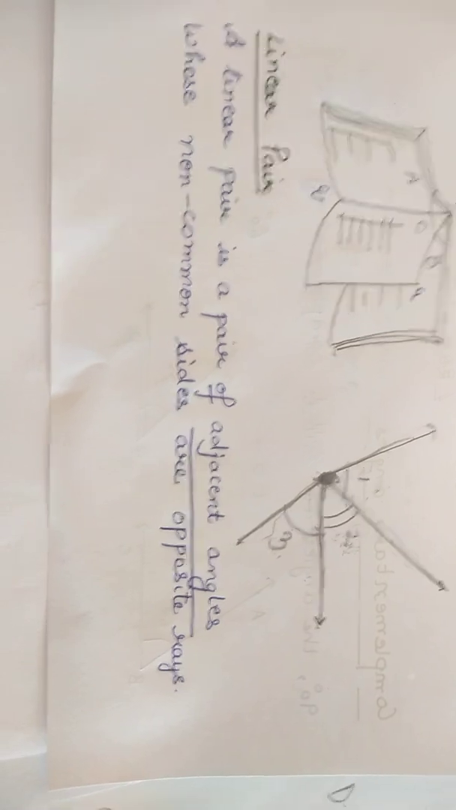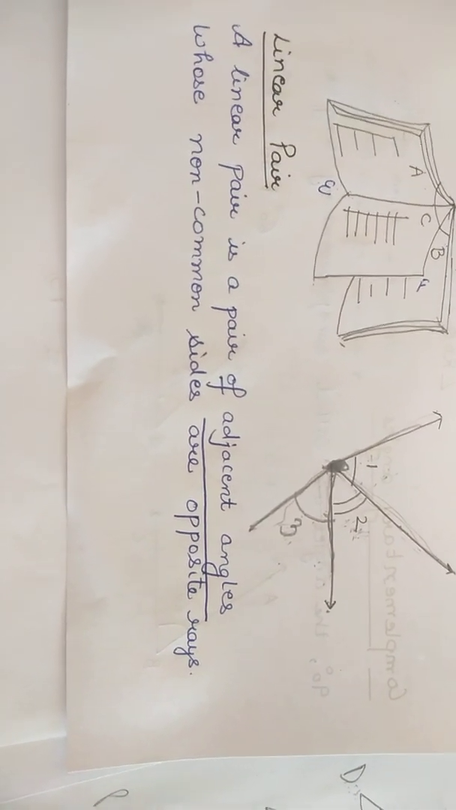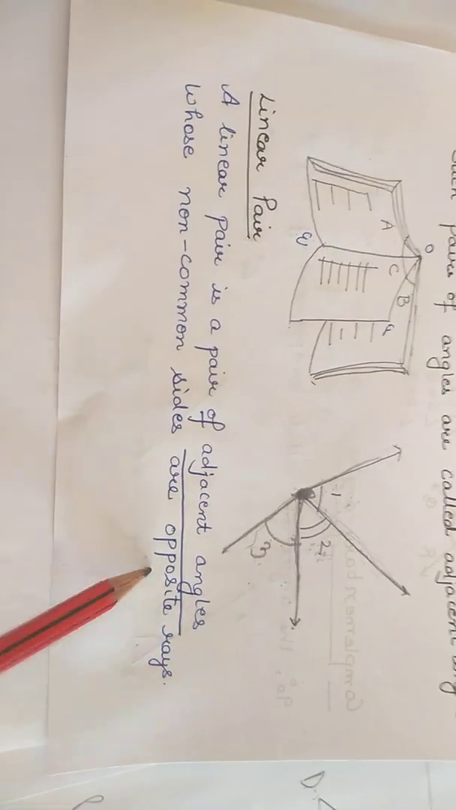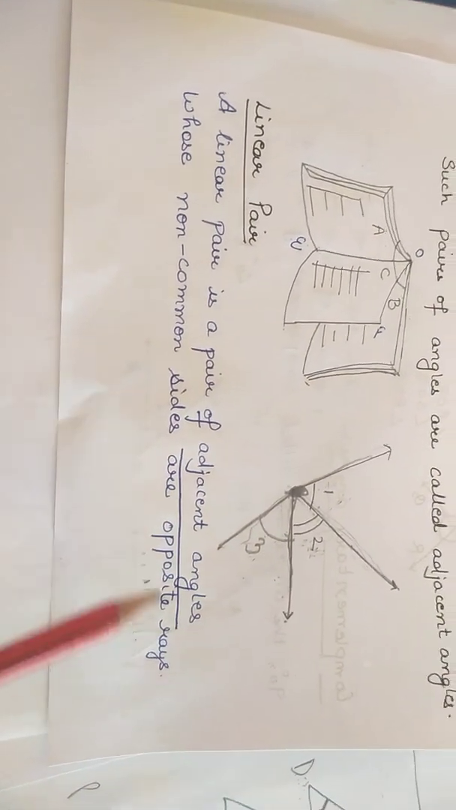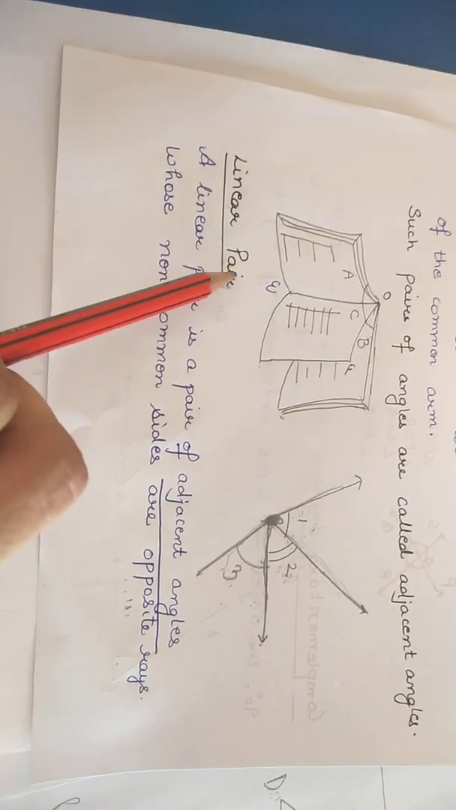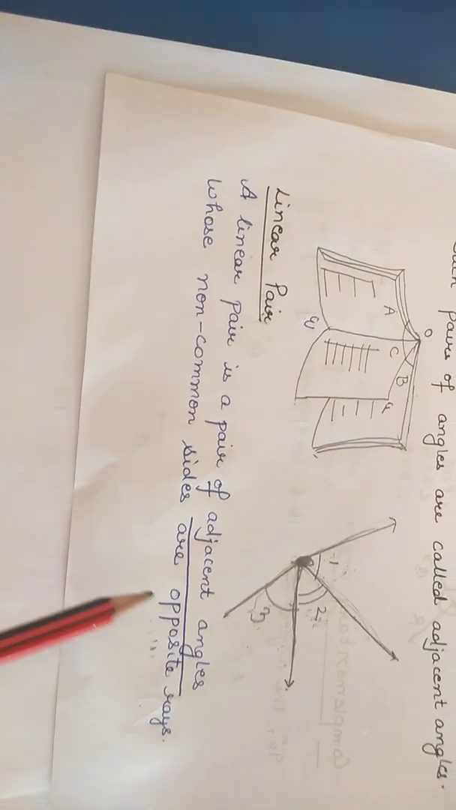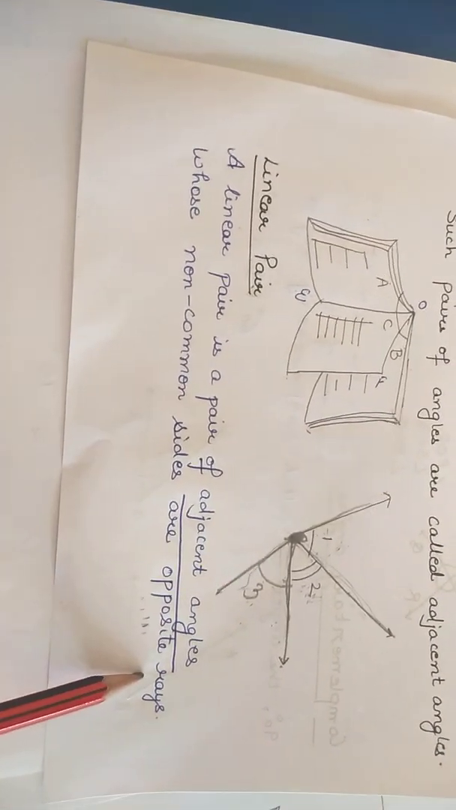In a linear pair, non-common sides are always opposite rays. This is one of the most important criteria for any pair to be a linear pair. And what is that criterion? That non-common sides are always opposite rays. You can see that